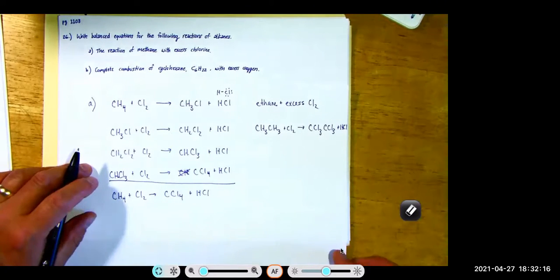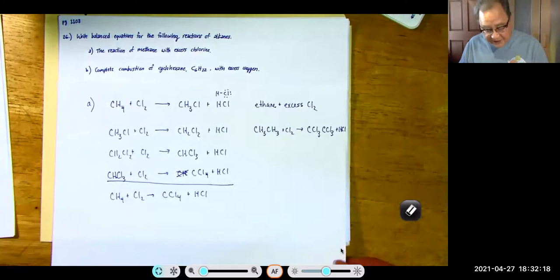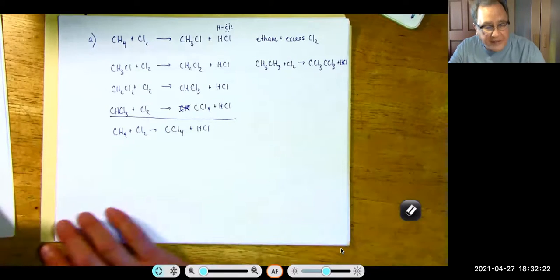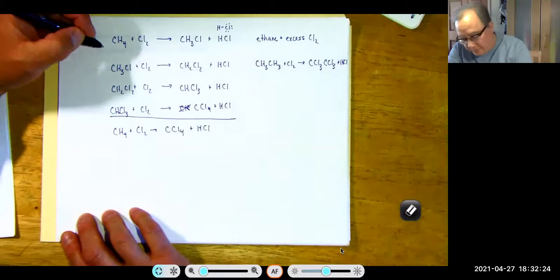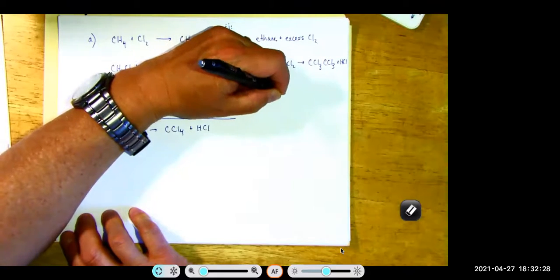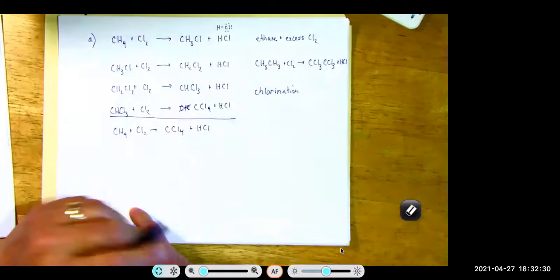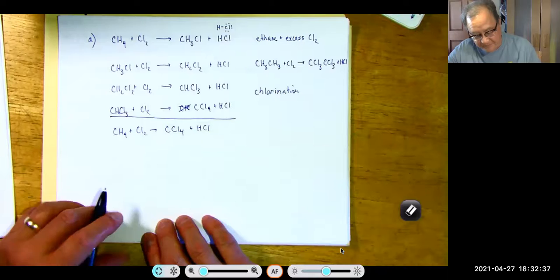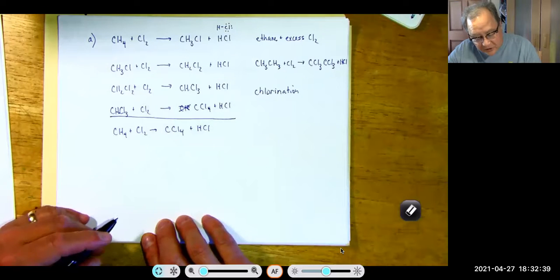And this now is halogenation? This is a halogenation. Okay. And in fact, it's called a chlorination. And it's the same process regardless of whether it's methane, ethane, or. Right. So here, let's take a look now at